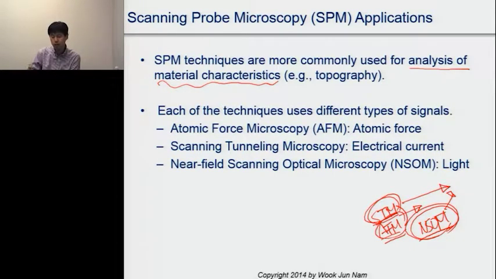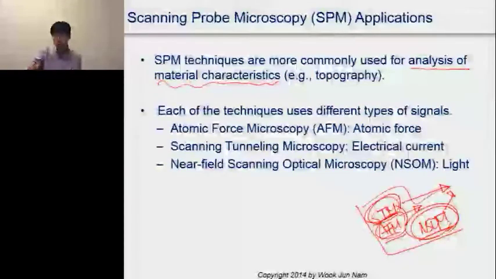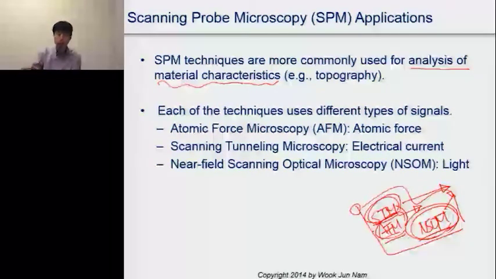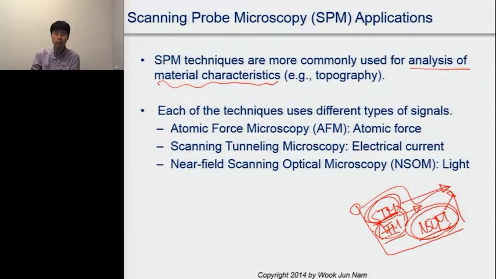But these techniques can also be used for pattern transfer. So how to use these technologies for pattern transfer is what we're going to talk about today. And as to the signals, atomic force microscopy uses the atomic force